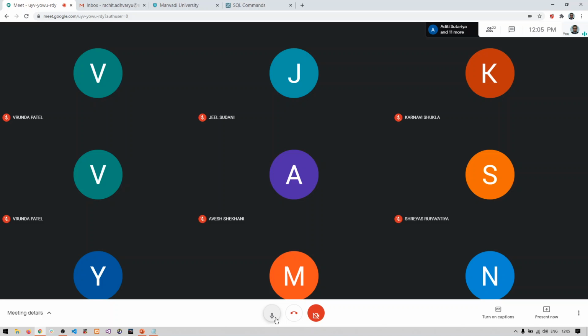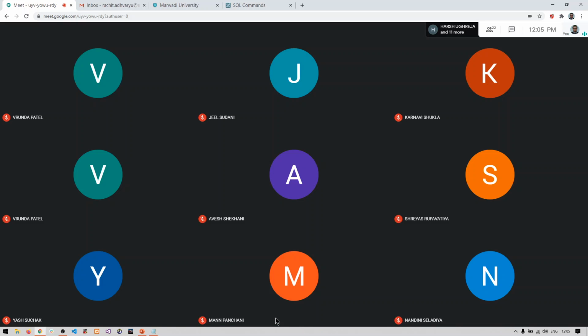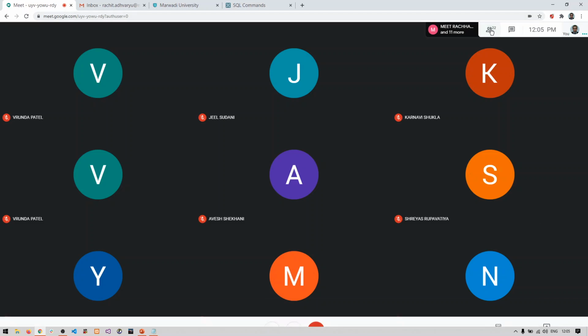So good afternoon everyone. We have already started with practical 2. We completed part 1 of practical 2, that is update commands, then ordering of data, then creating one table from other table and renaming a particular table. This is what we have done so far in practical 2.